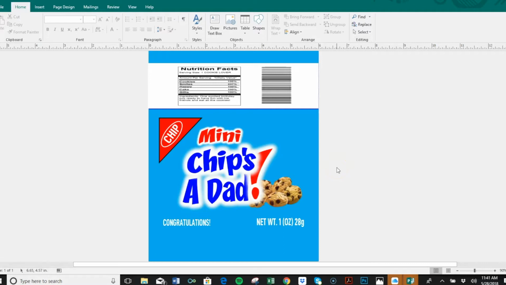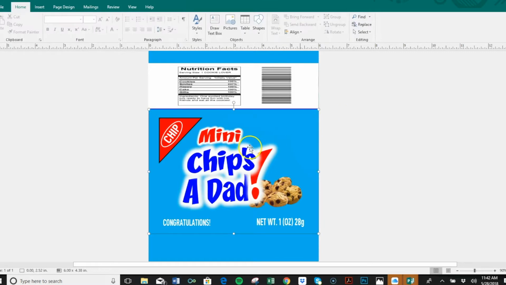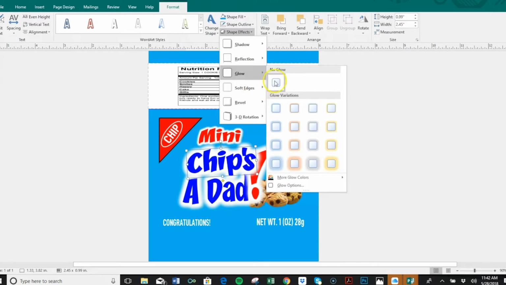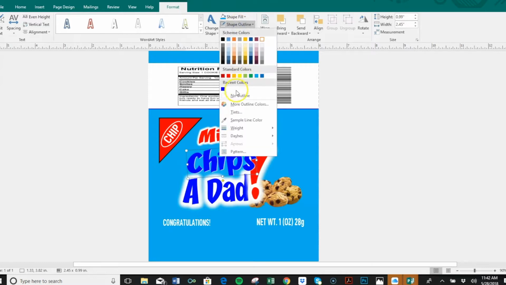Hey there. So I want to continue with the Lego theme and make some new designs with the cookie templates that came out. One of the things you're going to notice when you go to the word art is that there are effects on this. So I'm using my mini cookie template, the chocolate chip one, and if I want to say no glow, that'll come off. Do my outline. I can say no outline,